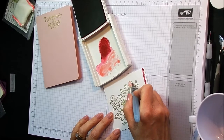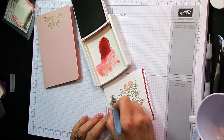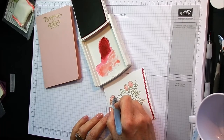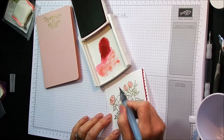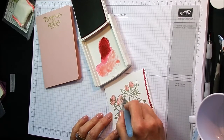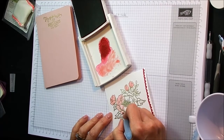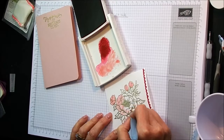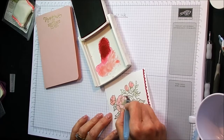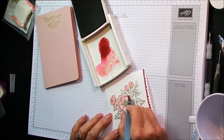So you literally just go all the way around the flowers, and because you've got that gold embossing, the colour stays within those lines. And then the main flower, we go over that. So it's nice and easy to do. You're just putting a little colour on